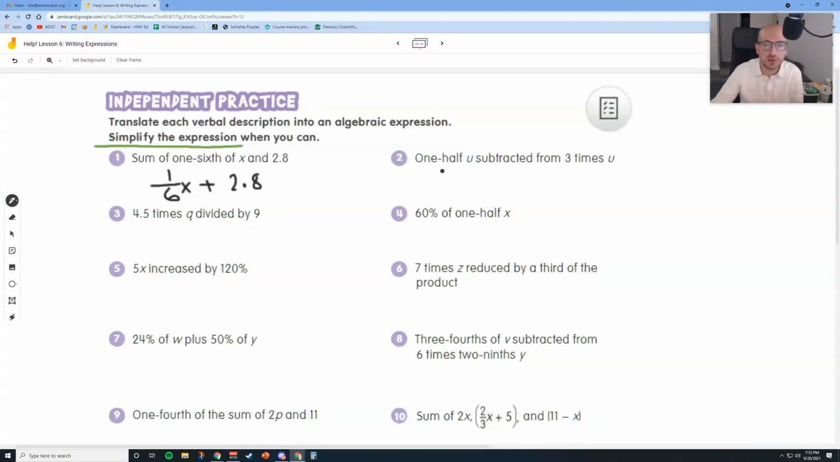All right, 1/2 of u subtracted from 3 times u. Let's draw it like that. Here we have 1/2 u subtracted from 3 times u. So 3u minus 1/2 u. Okay, am I done? No, I need to simplify this, right? I can simplify and combine these like terms. 3u minus 1/2 u, I know that's 2.5